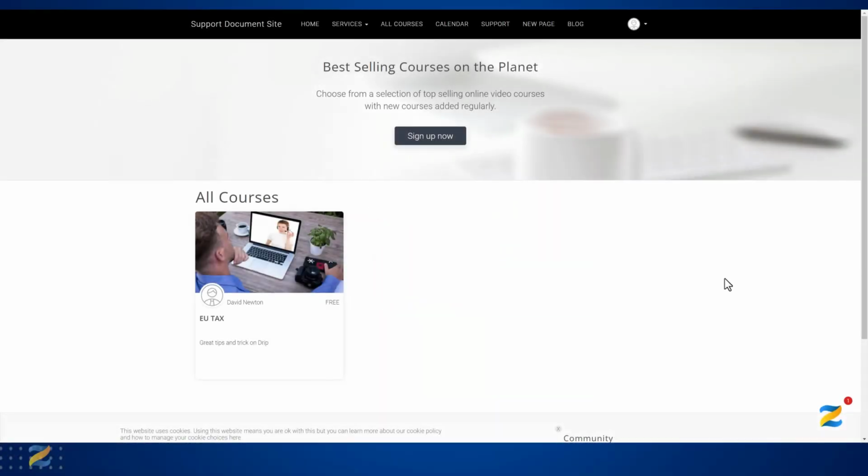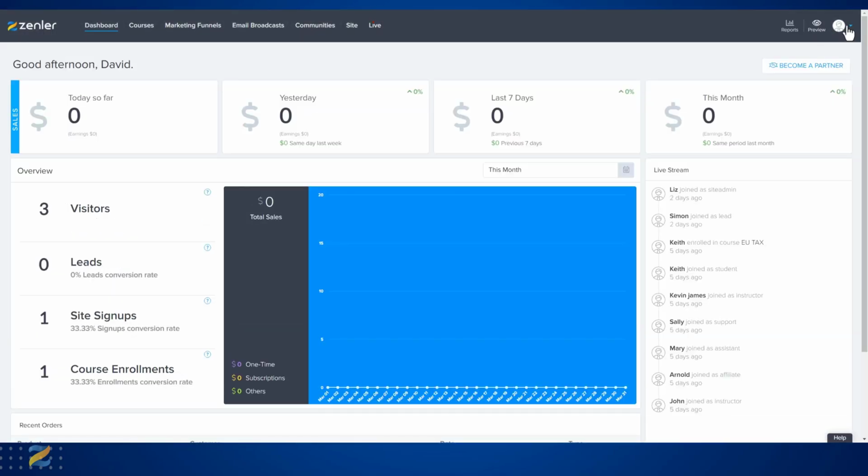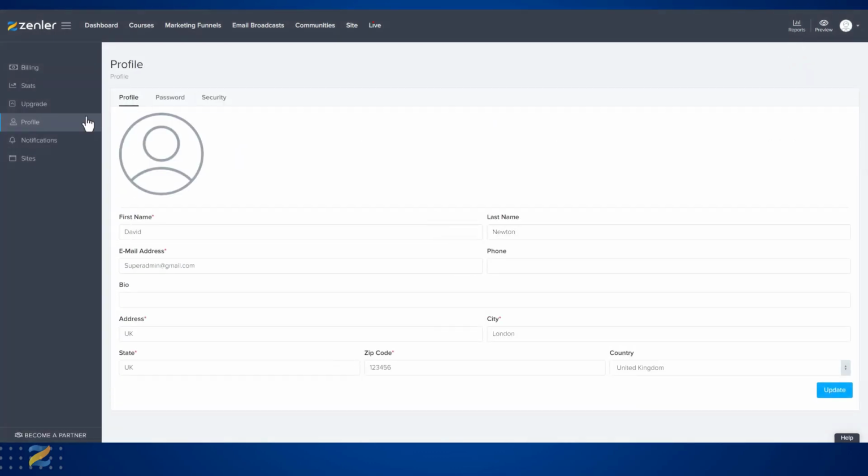Updating your profile details. Either log in the front end by clicking your profile and going to my account, or log in via the admin by going to profile picture, my account. Next, you need to go across to the profile tab and make sure that you have profile selected in the